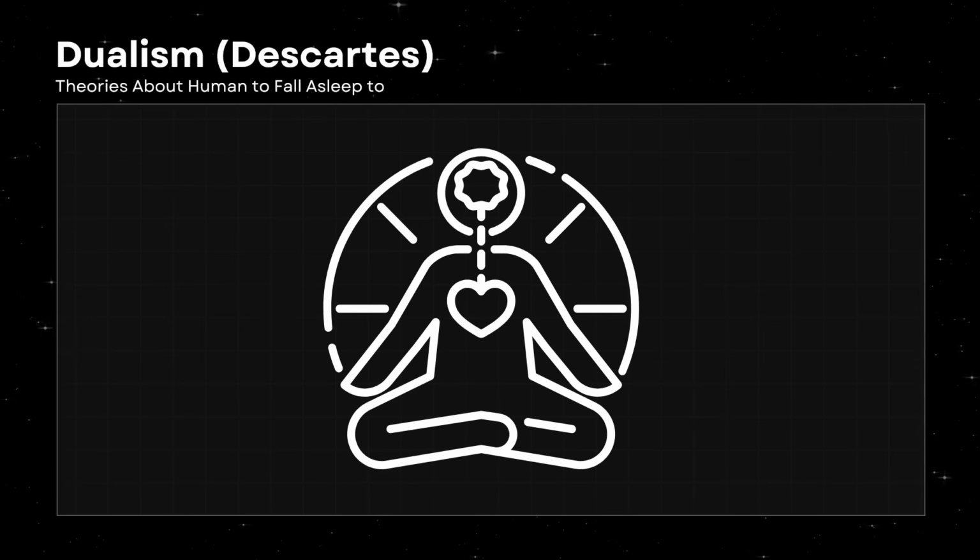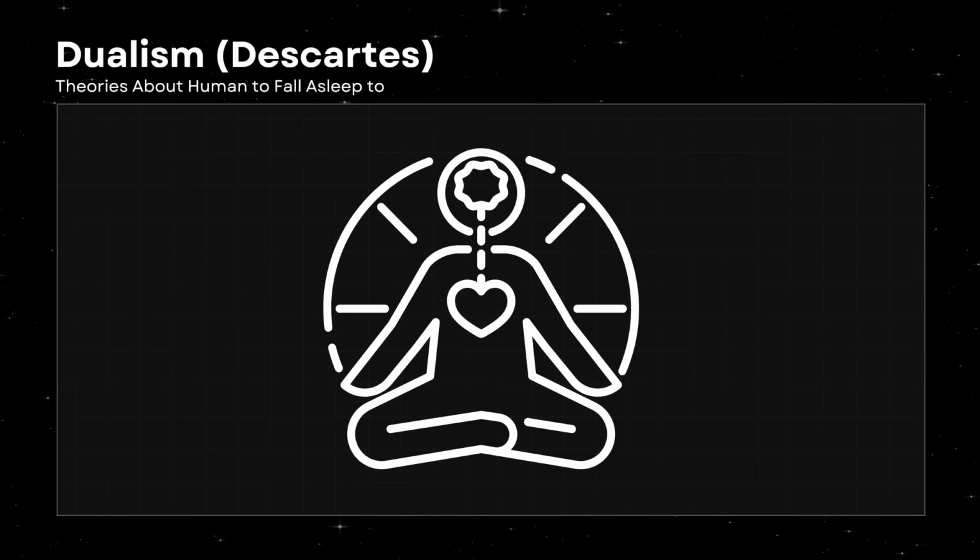Dualism is the idea that the mind and the body are two separate things. The philosopher René Descartes is most closely linked to this theory. He argued that the mind is not made of physical material, while the body is. This means that thoughts, feelings, and awareness belong to the mind, not to the body. At the same time, the body is a machine made of matter, subject to physical laws like motion and weight. According to Descartes, these two things, the mind and the body, interact, but they are not the same kind of